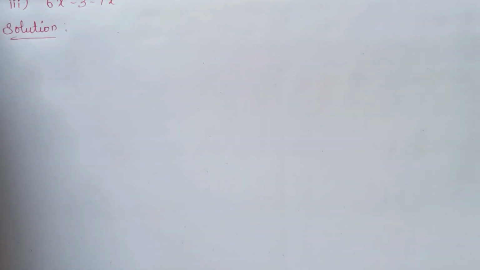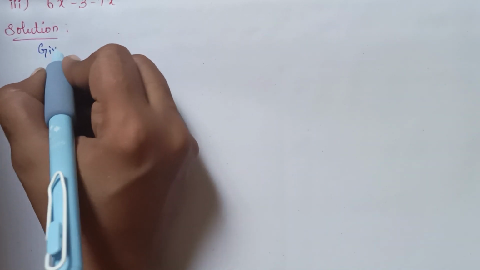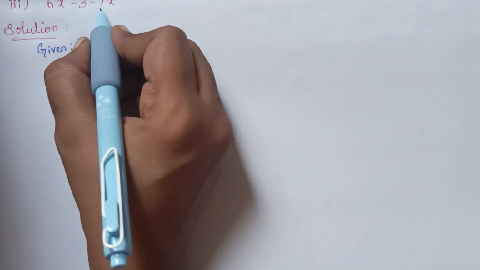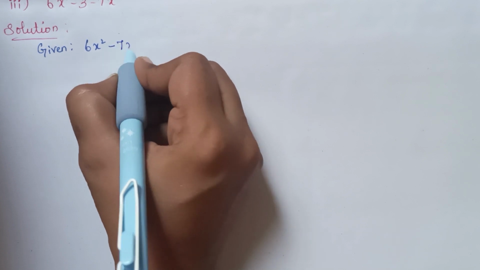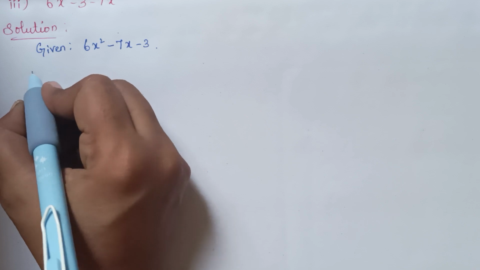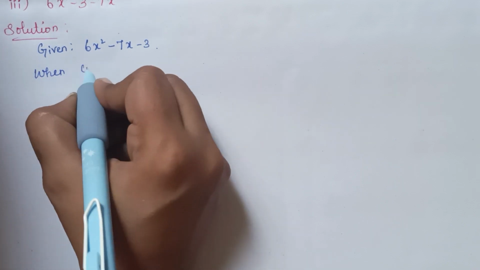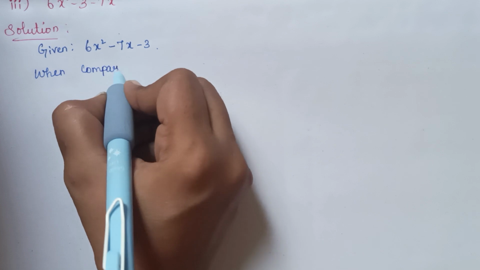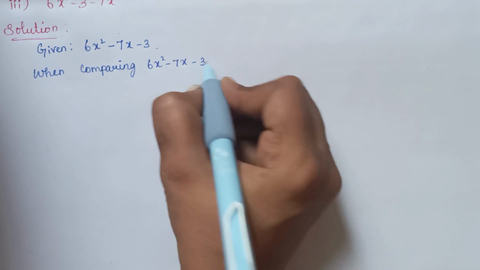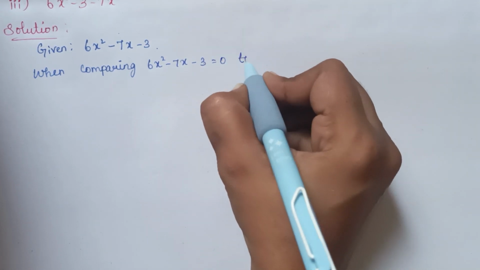So the next one, third sum, 6x square minus 3 minus 7x. So first we want to rewrite it. Okay. So what is given? 6x square. So it is in random order. So arrange the order. 6x square minus 7x minus 3. Okay? So now when comparing 6x square minus 7x minus 3 equal to 0